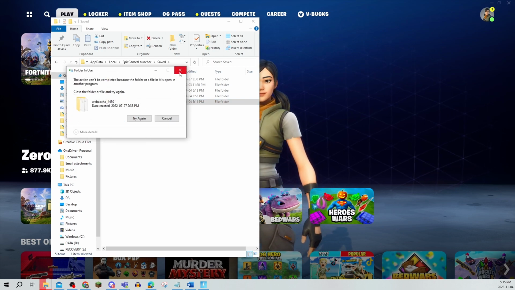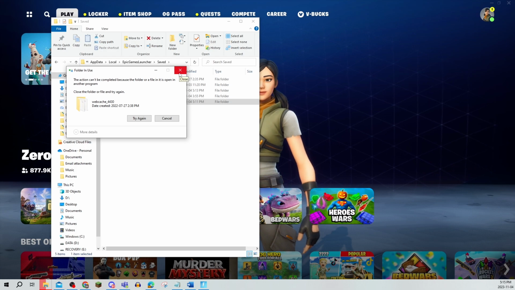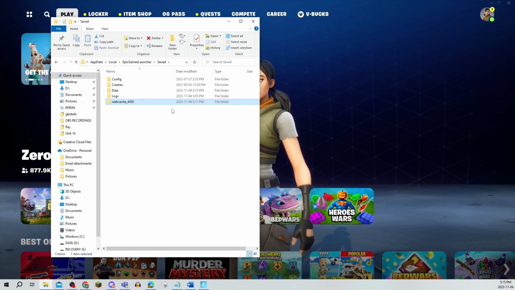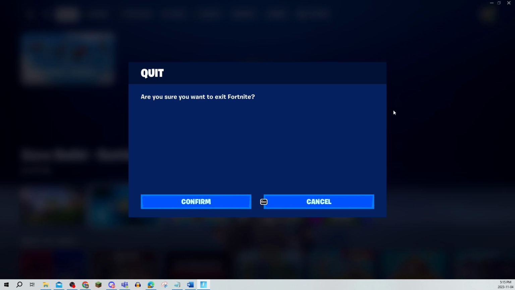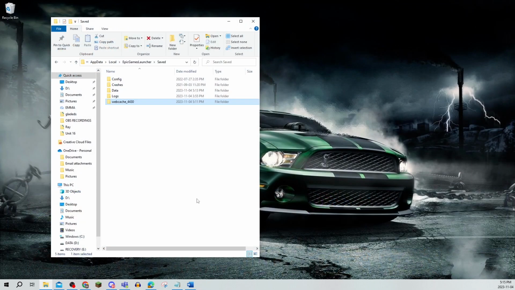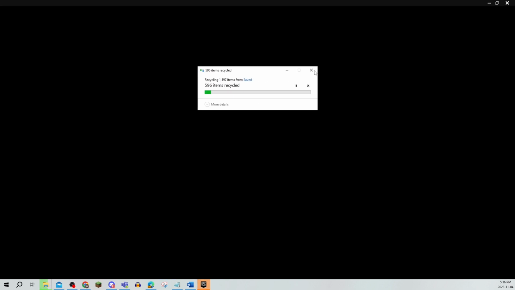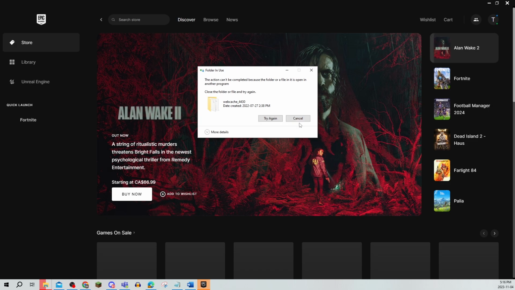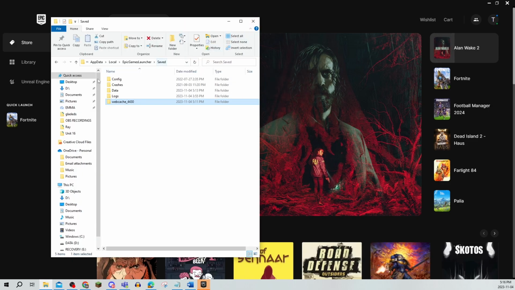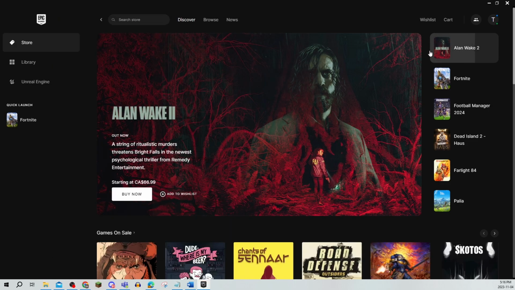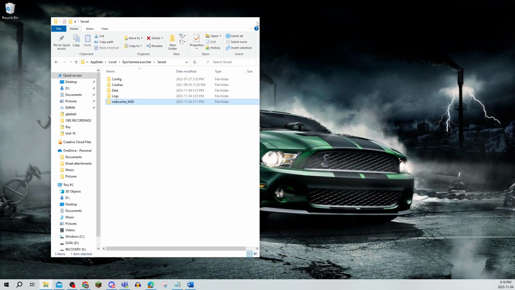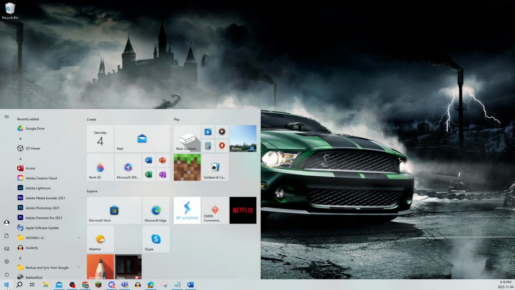Now, it can't delete right now due to Fortnite being open, so I'm just going to close this right now, just so that you guys can see what happens. Delete. And then once it actually is able to delete, you are going to end up opening Epic Games Launcher,